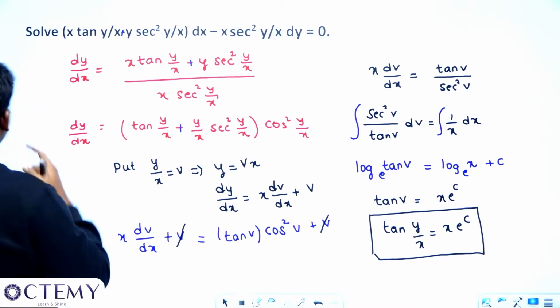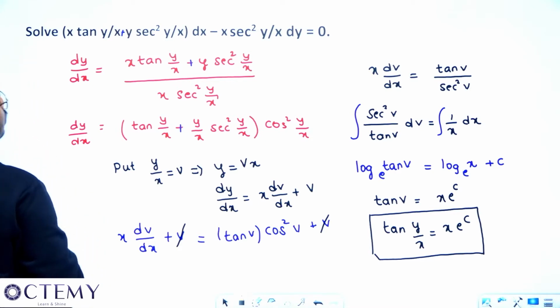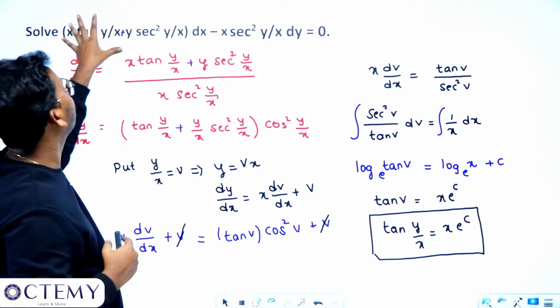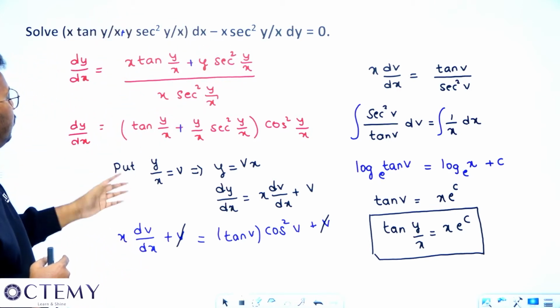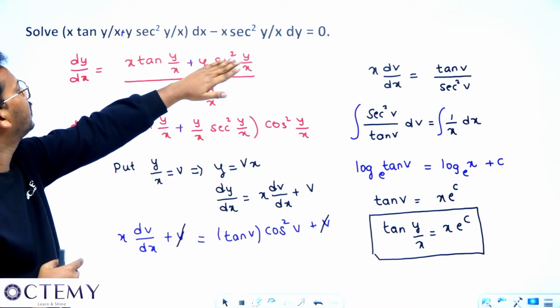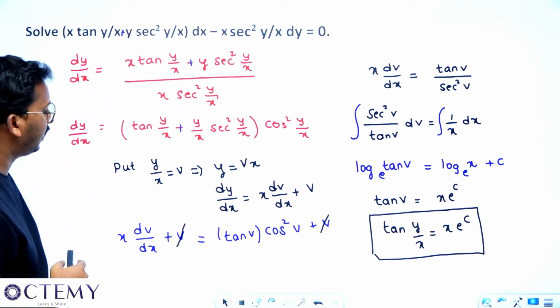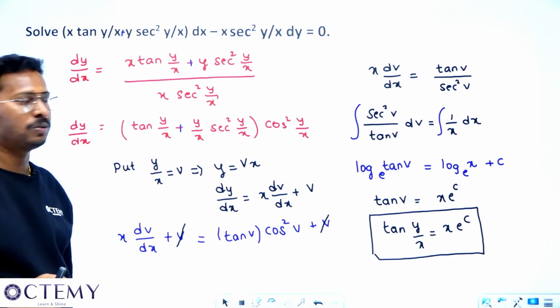Some printing mistake is there, sir. Let us see if we have done anything wrong. No, sir, this is perfectly right. For this question, what we have written is perfectly all right, sir, because this minus sign, we are sending it this side. So remaining all are as it is, right? So this is perfectly right for this particular question.